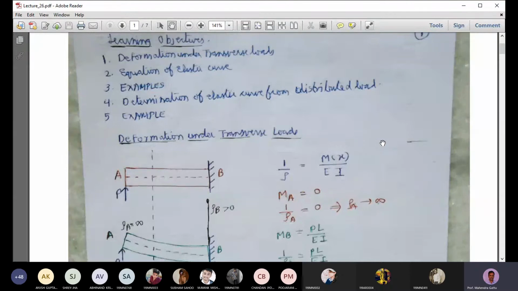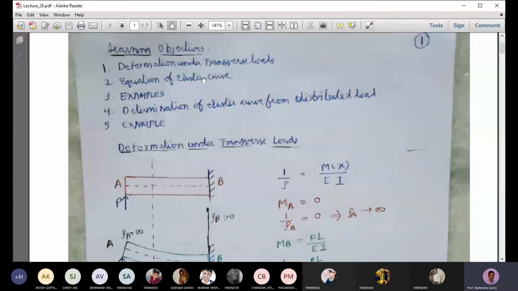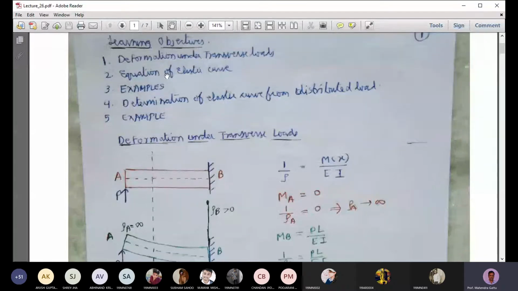in that direction. So first I will introduce the relationship between curvature and the bending moment, and after that I will discuss the equation of the deflected curve. In terms of a coordinate system, we can find the deflection y of x. Then we can relate the second derivative of y with the curvature, and then relate that with the moment applied at that location. Then we will solve the differential equation, apply the boundary conditions and solve for the unknown constants.